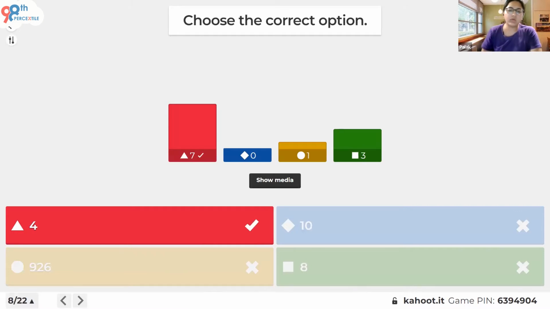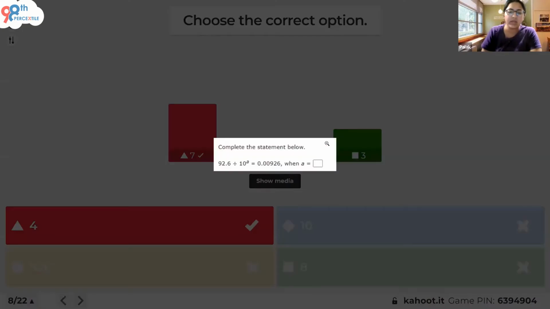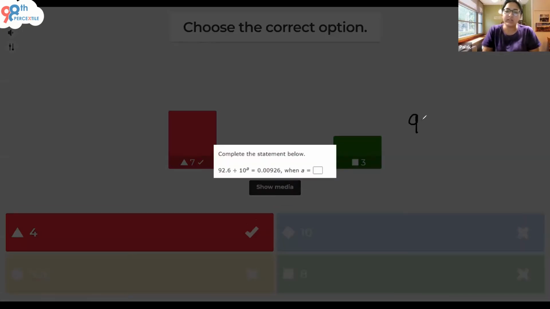Okay, so again, we've got mixed answers for this. So 7 people have answered it correctly. 4 of you got it a little incorrect. But yes, this again was a little dicey problem. So we have 92.6 resulting into